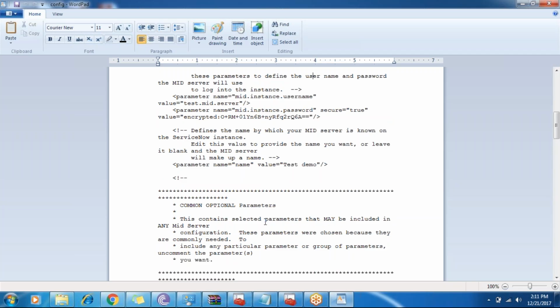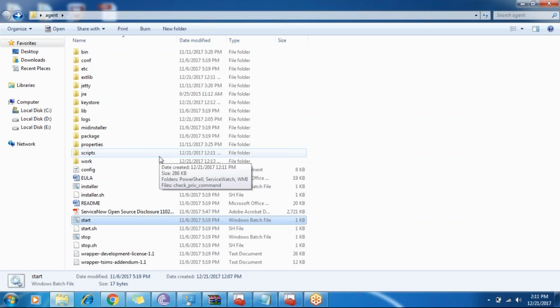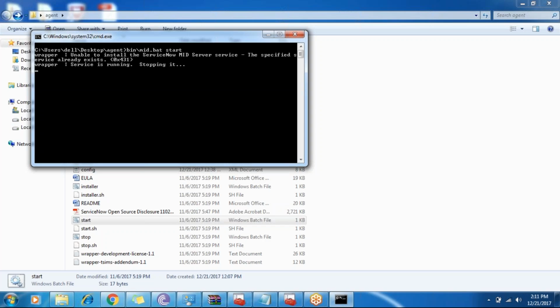Once I edited this config file, I go to this batch file, start. After the config file is set with the name, password, and the required parameters, we just click on this batch file which is start. This will start our MID server.